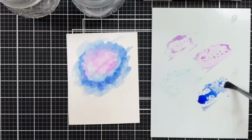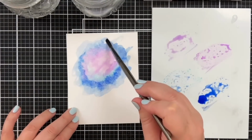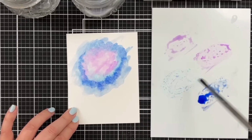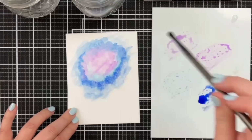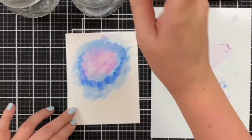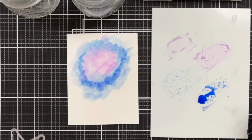So come out here. Mix in a little there, and we'll just get a little bit more out on the edges. The thing that's fun about these is you can just kind of be messy. It doesn't have to be the greatest painting of all time to make a really beautiful piece. Now, what I'm going to do is grab my Ranger heat tool, and let's just make